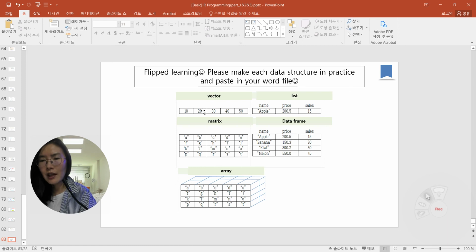So you can make each data structure with the proper function for each data structure, and then you can use these data in this slide, and then you can additionally use the index for slicing and the other grammar for slicing, and you can use row.names equal to 1 or with the C function in data frame for changing the name of each row, or you can also use the Excel files